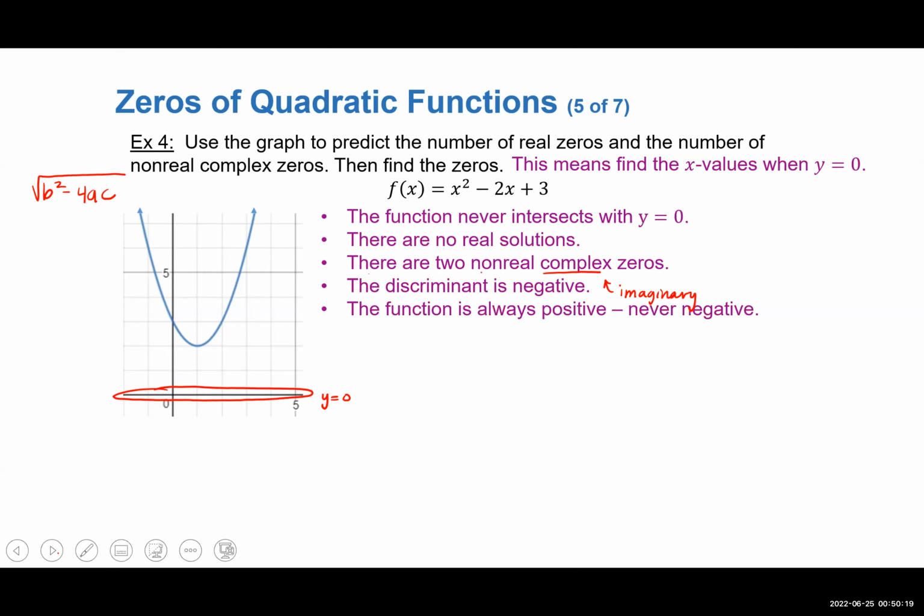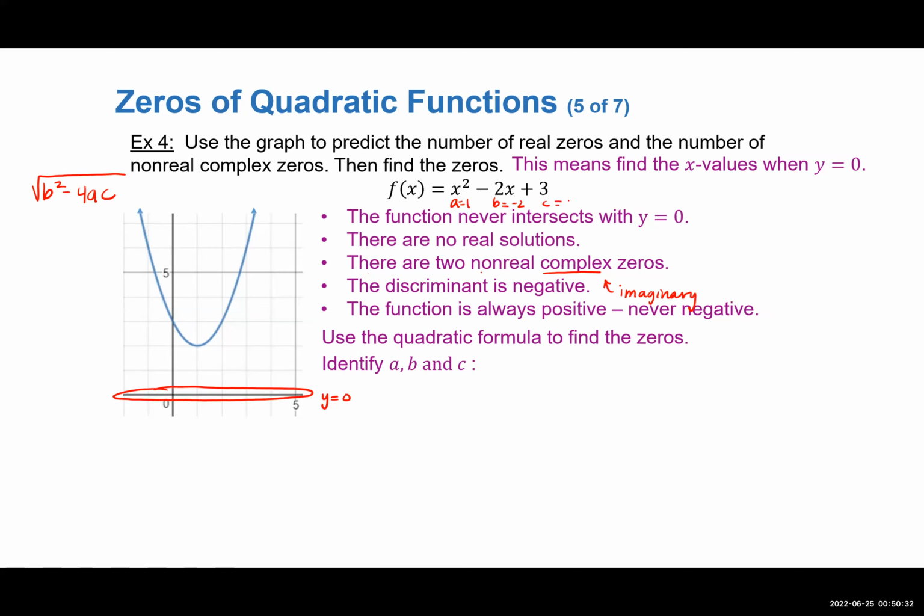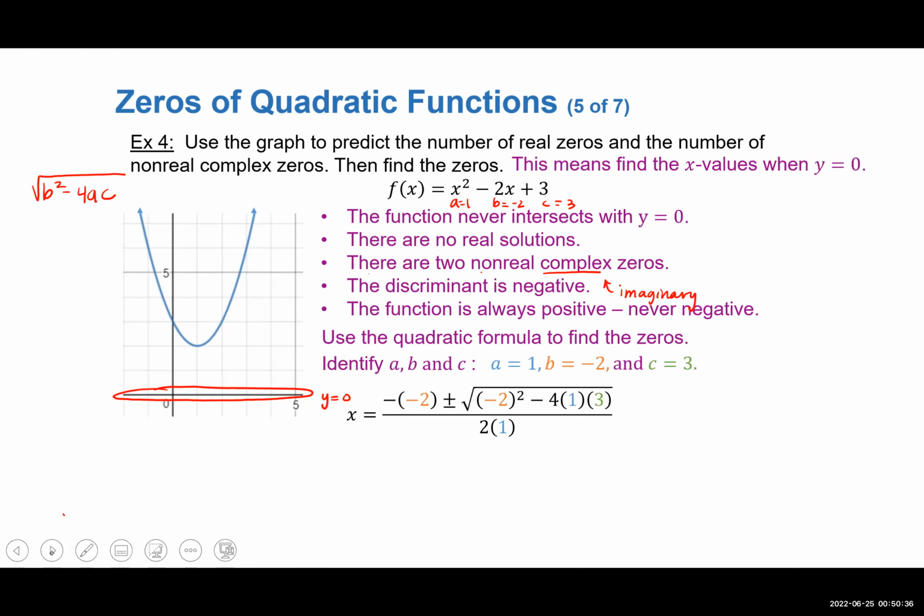So then it says, just go ahead and find them. So we're going to use the quadratic formula. We're going to solve a equals 1, b equals -2, and c equals 3. Okay. So once we solve this, we get 2 plus or minus square root of 4 minus 12. So 4 minus 12 makes -8